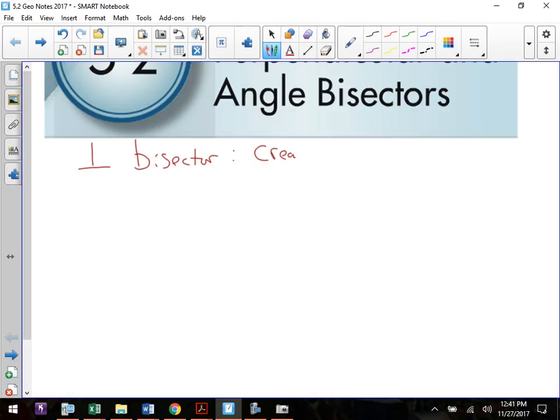A perpendicular bisector creates two right angles and creates two congruent segments. And this is a really easy thing to show visually, on how it all is developed and how it all works. For example,